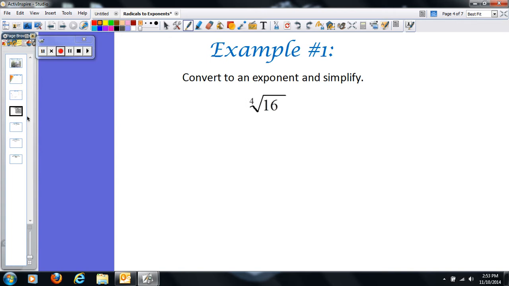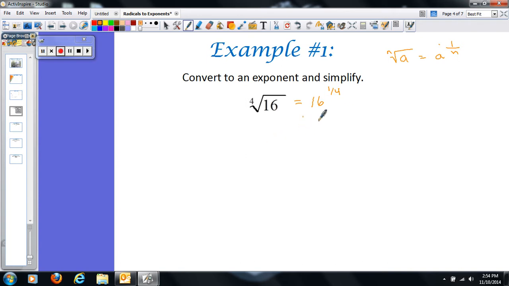So this one, it's in radical form. It's the fourth root of 16. So the first thing we're going to do is I want you to convert this to exponential form. According to the formula, the nth root equaled a to the 1 over n. So this is going to be 16 to the 1/4 power. Okay,